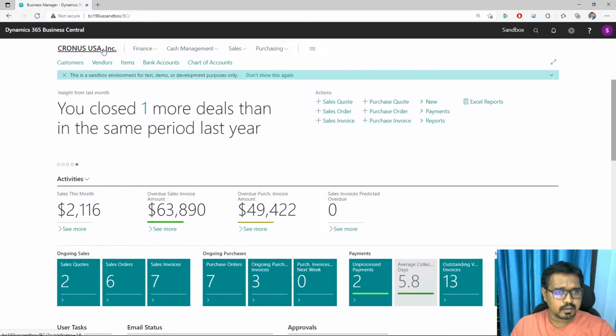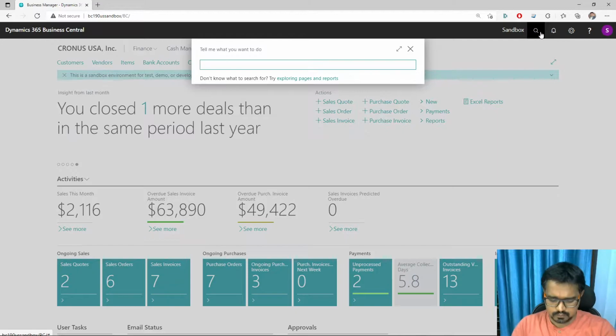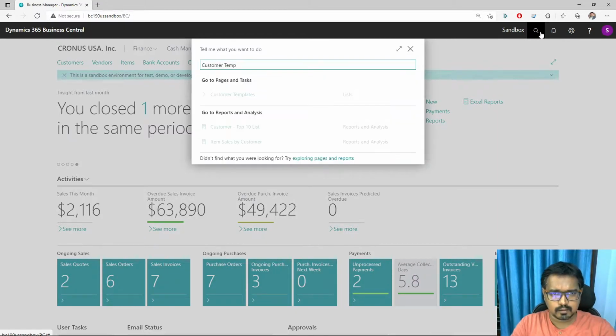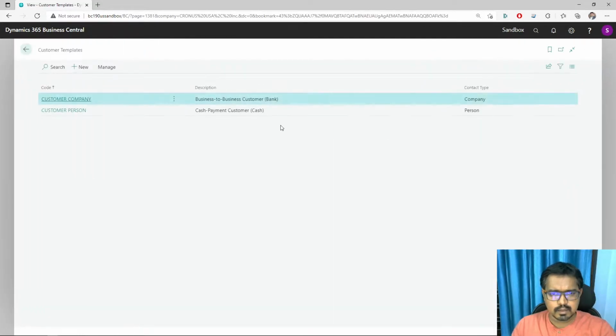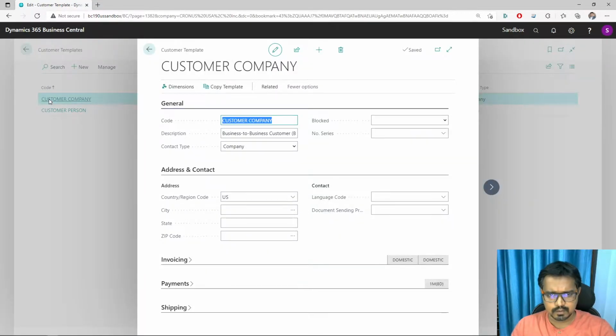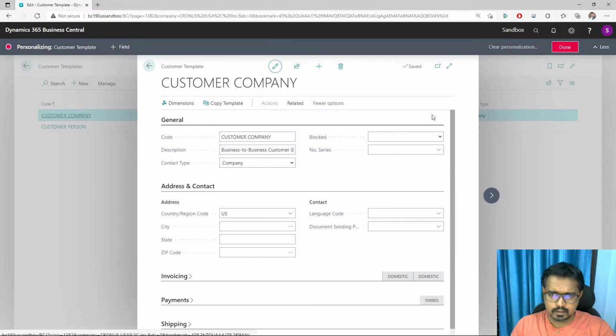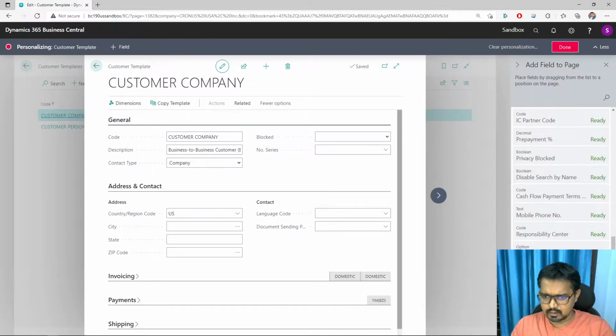So this is my Business Central environment. Now if you search for, let's say, customer templates, in the earlier versions of Business Central, customer templates had certain limitations because they didn't provide you all the fields which are available. What Microsoft have done is added so many fields, or I should say all the worldwide level fields, into the template as they are available on the customer table. So you can actually drag all the fields which you don't see here into the template.